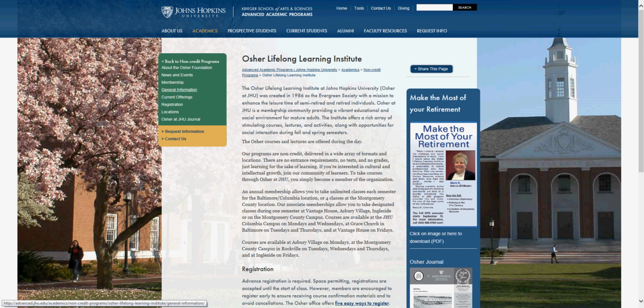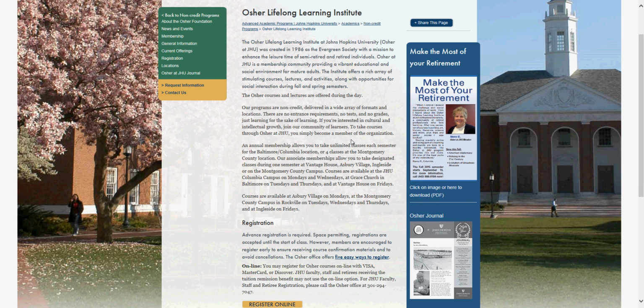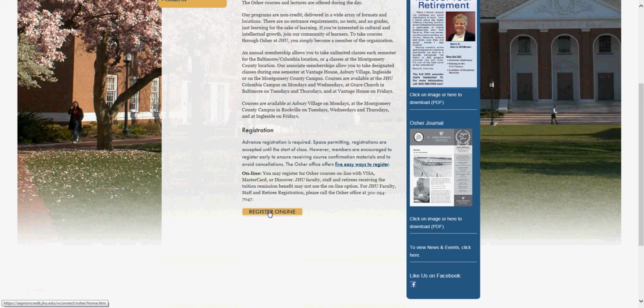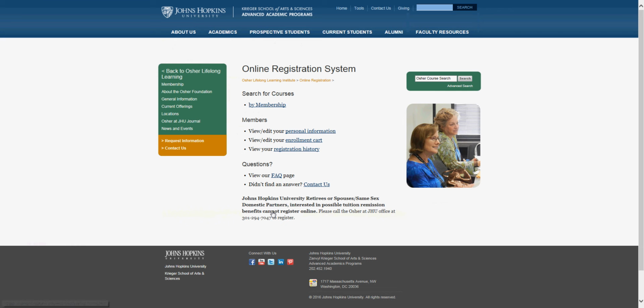This is the front page of our Osher website. If you scroll down to the bottom, you'll see that there's a blurb about registration. And you're going to want to click this yellow button that says register online at the very bottom of the page. So put your mouse on top of that and click once, and you will be redirected to our online